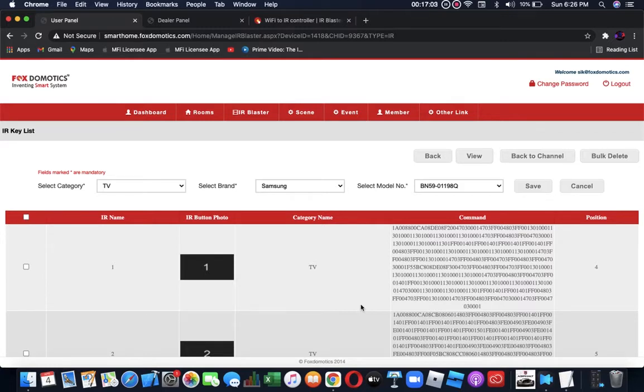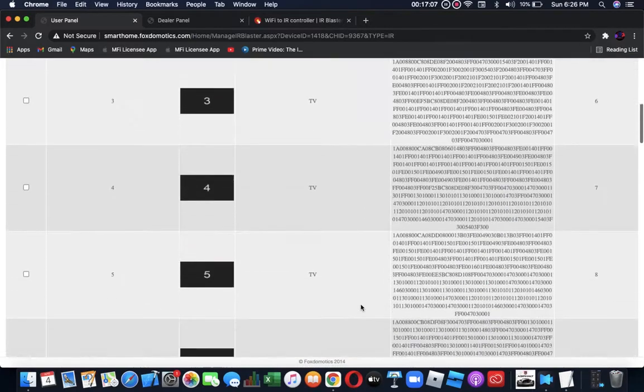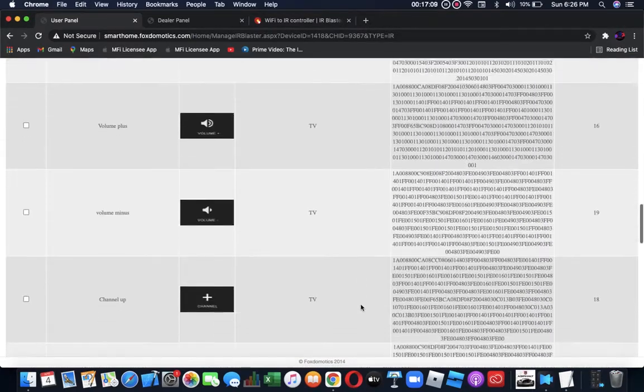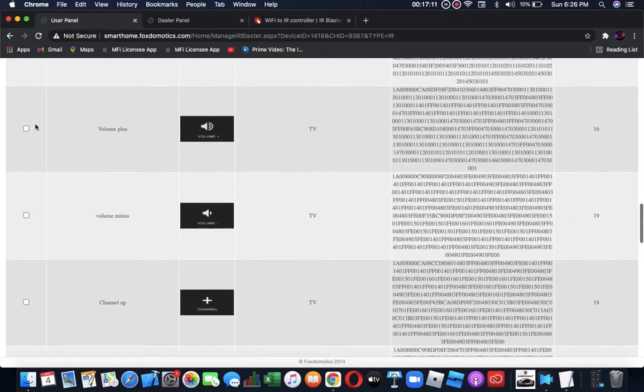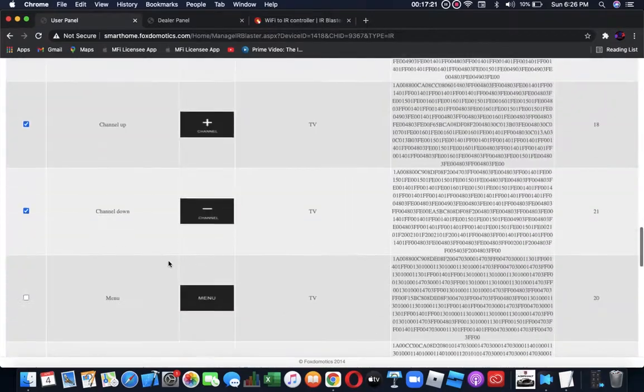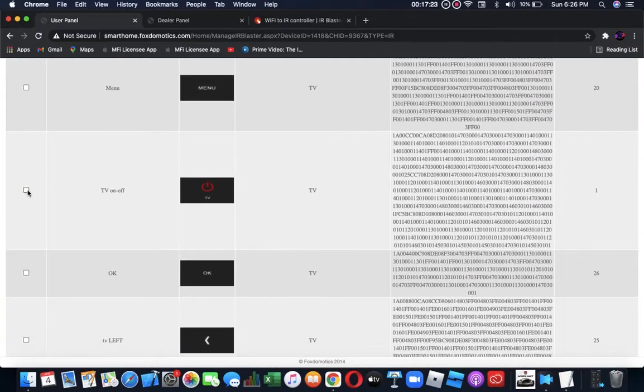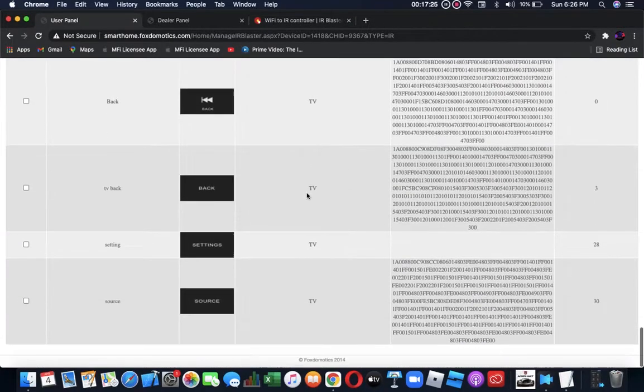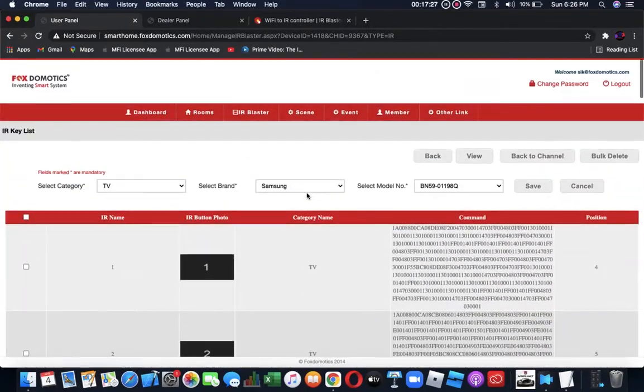If I don't want all, I can select individual buttons. Suppose I want just volume plus and volume minus, channel plus and channel minus, with the power button. Okay, I have selected only a few, so I can add these.